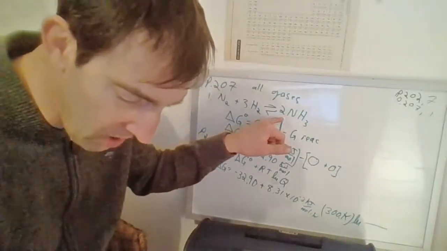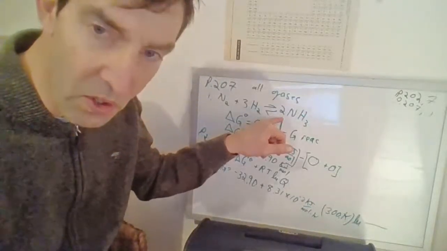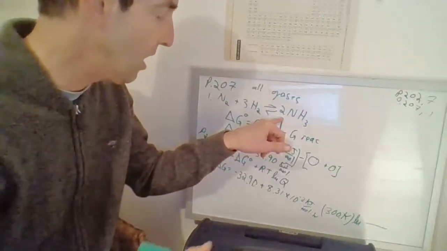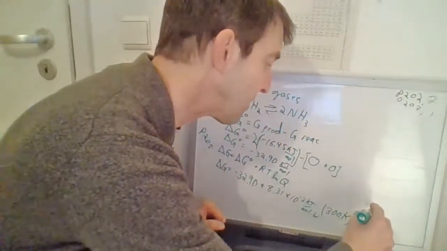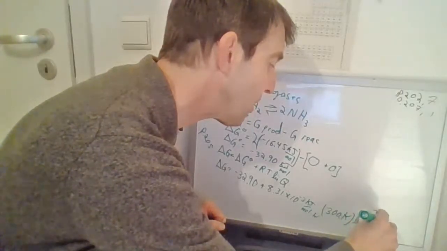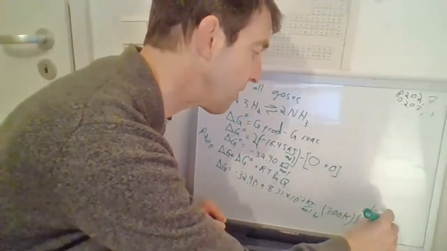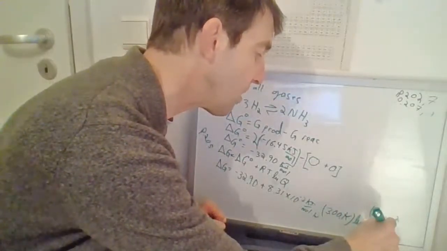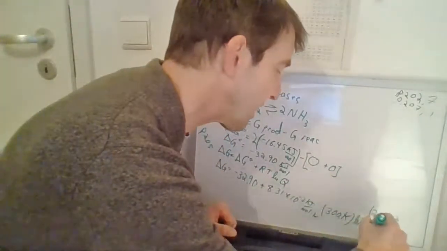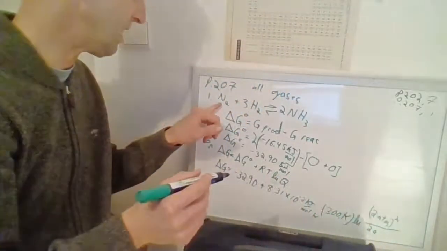Now it says if the pressure of all 3 gases is 2 atmospheres, hallelujah, that's in the correct unit. So I'm going to go pressure of this guy, so 2 atmospheres. And that I need 2, so I got to square that, right? Divided by, well, these are both 2 atmospheres too, so I got to go 2 atmospheres. That's for the N2